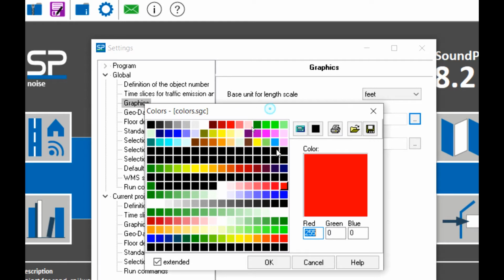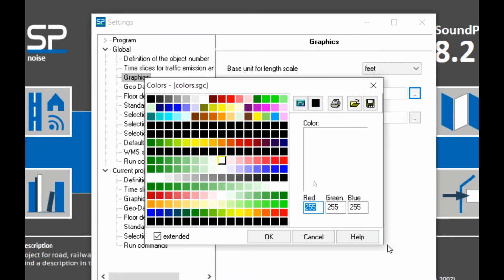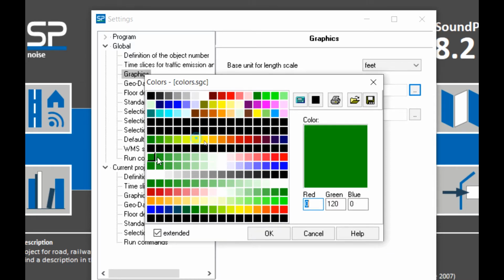And then here again, we can interpolate. All right. The user can also change the RGB values for each of these cells. So as you click on the cells, you can change the red, green, and blue contribution for each of the cells, and basically define it and set it